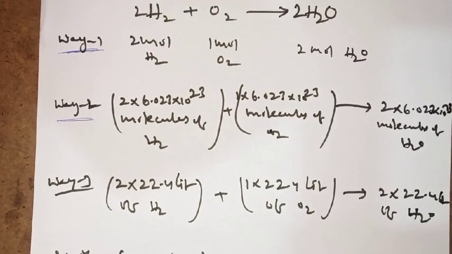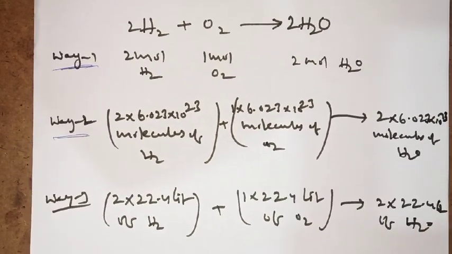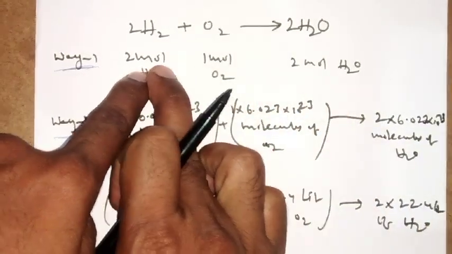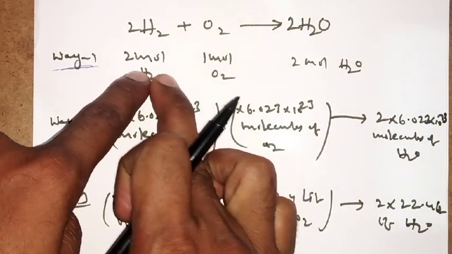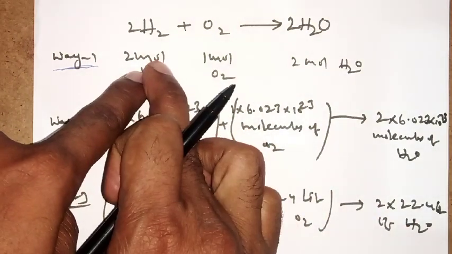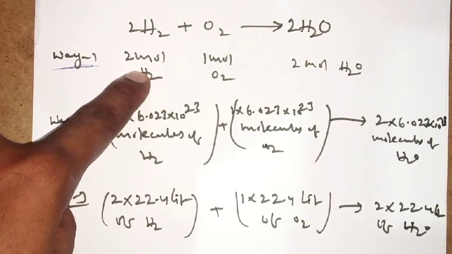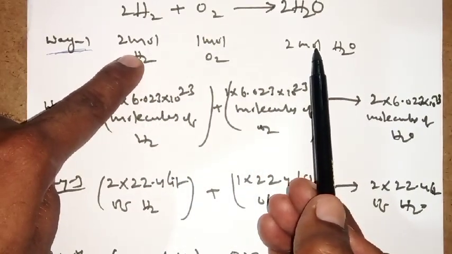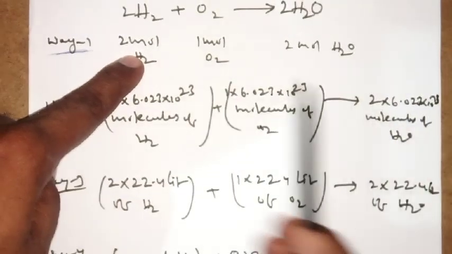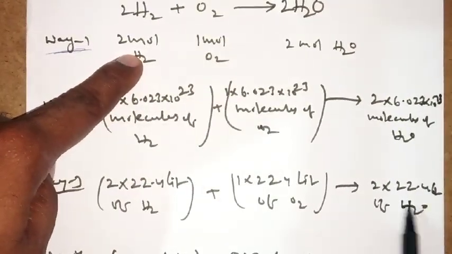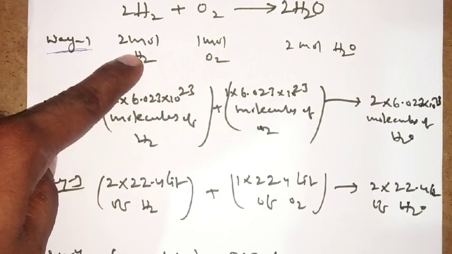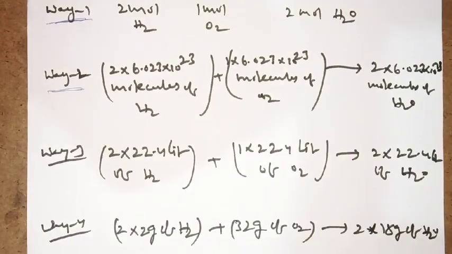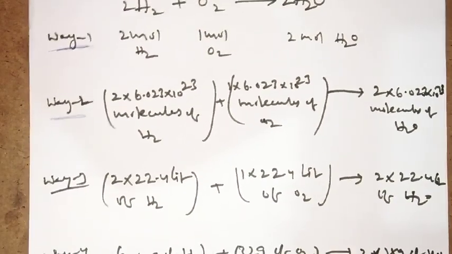What are the relations? Suppose the reactants are expressed in terms of moles. So you can convert mole into mole, mole into molecules, mole into volume, and mole into weight. Is it clear? Do you understand the reaction? So mole to mole conversion is possible, mole to molecule conversion is possible, mole to volume conversion is possible, and mole to weight conversion is also possible. Is it clear? So this is the simple way of analysis of mole in the case of a chemical reaction.